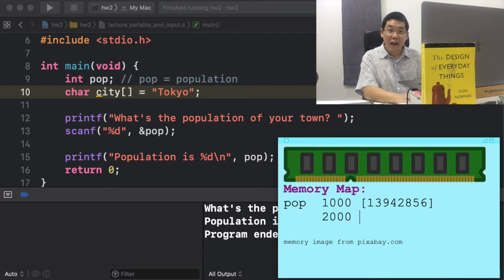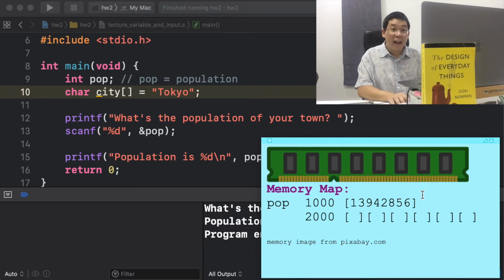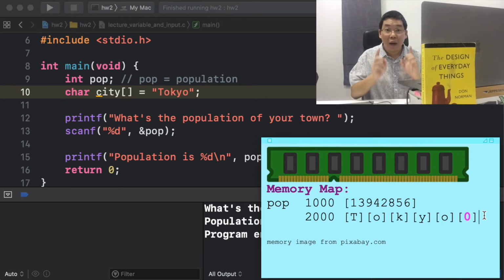At the location 2000, it will have 6 empty cells. And there will be T, O, K, Y, O, followed by the special character 0. Again, remember it's not actually the number 0, but it's the null character, which equals the numeric 0.